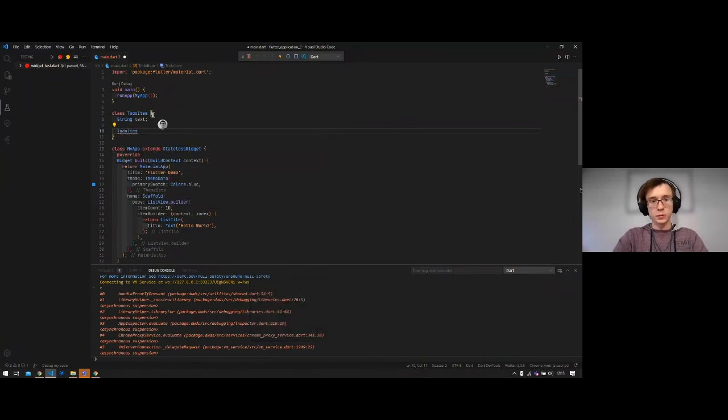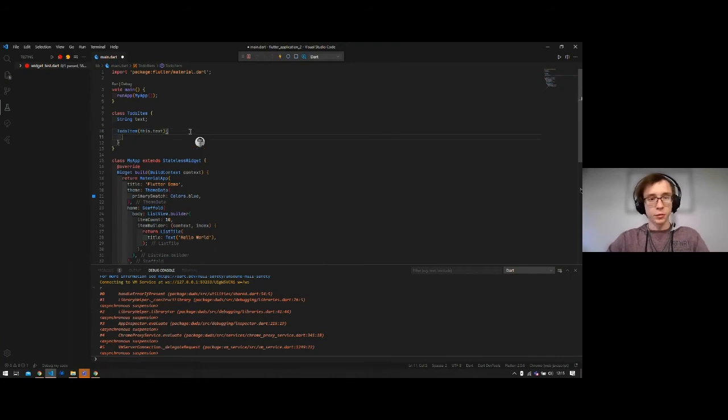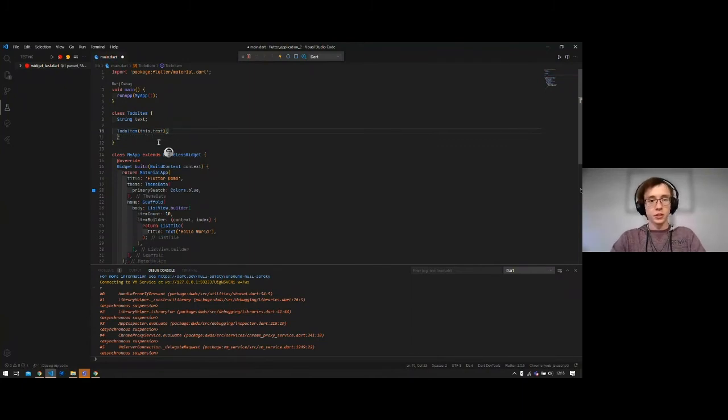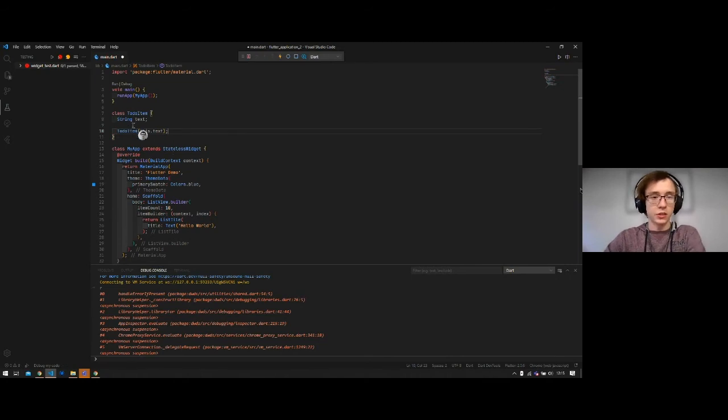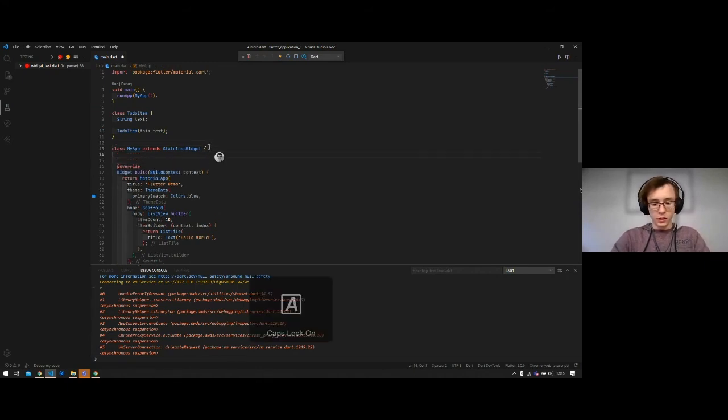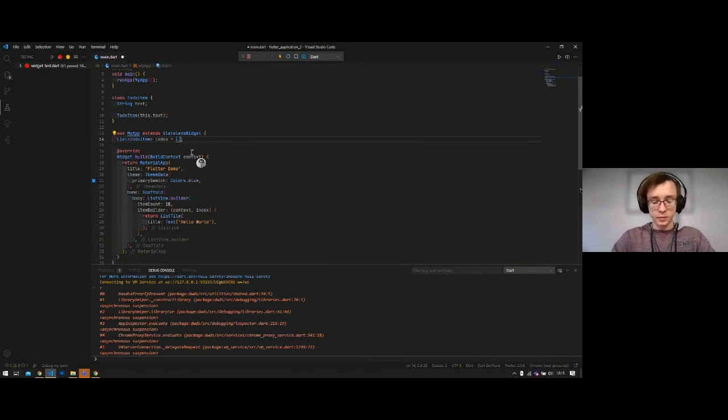Then it goes to the to-do item. So in Flutter and Dart, you don't need to put the braces there and then say this.text equals whatever. You can just put this.text in your constructor parameters. And then we want a list of to-do items. So do that. Then on the initialize of the